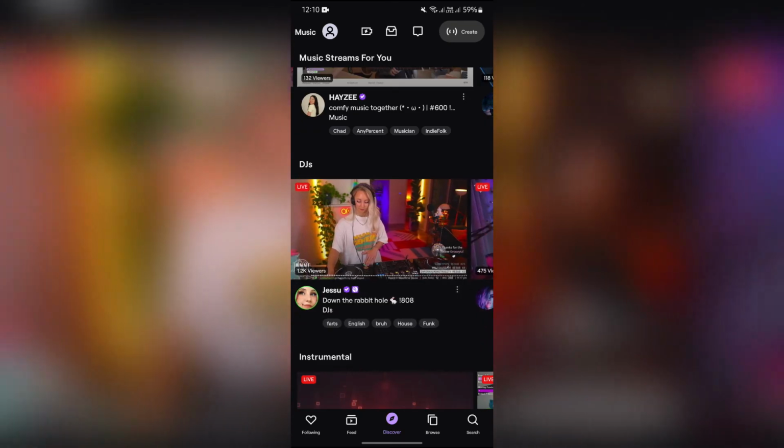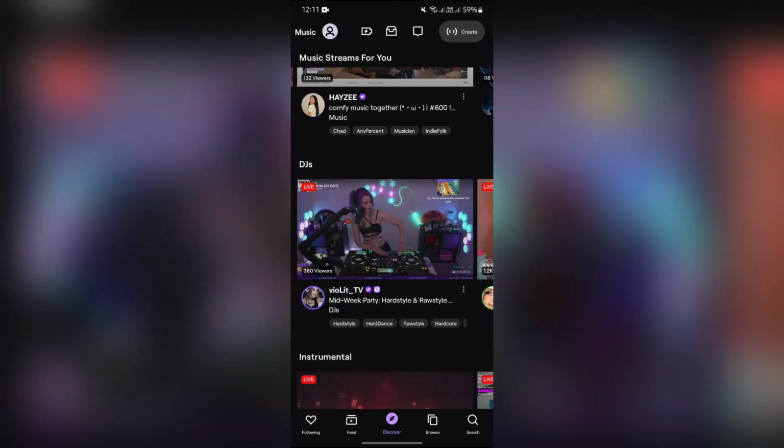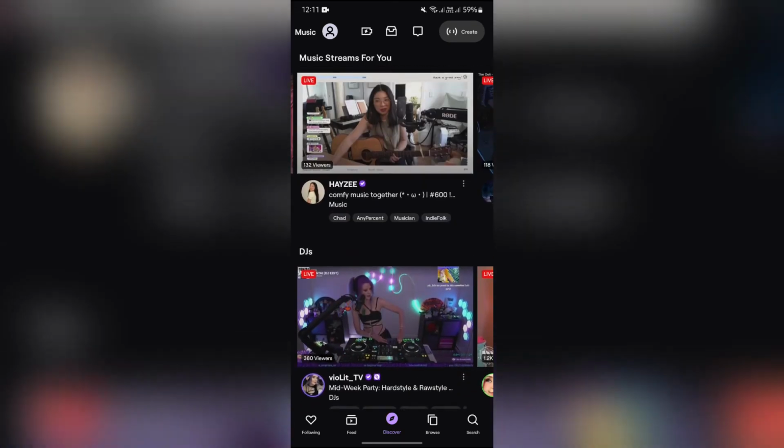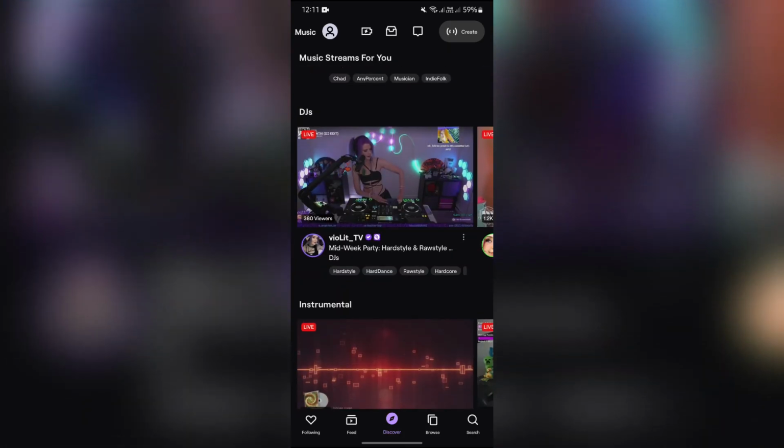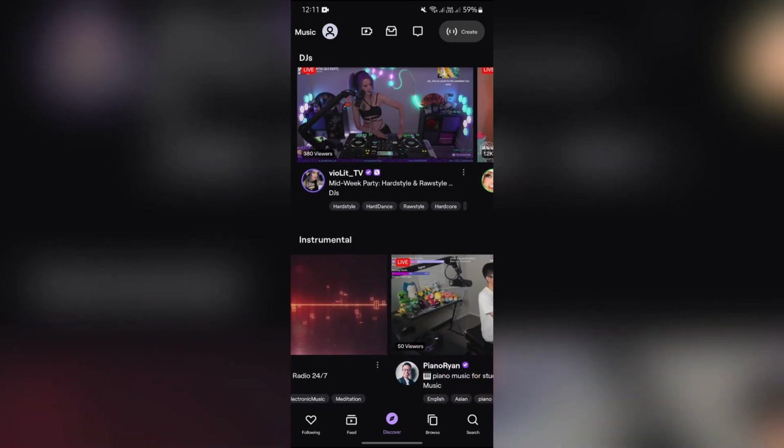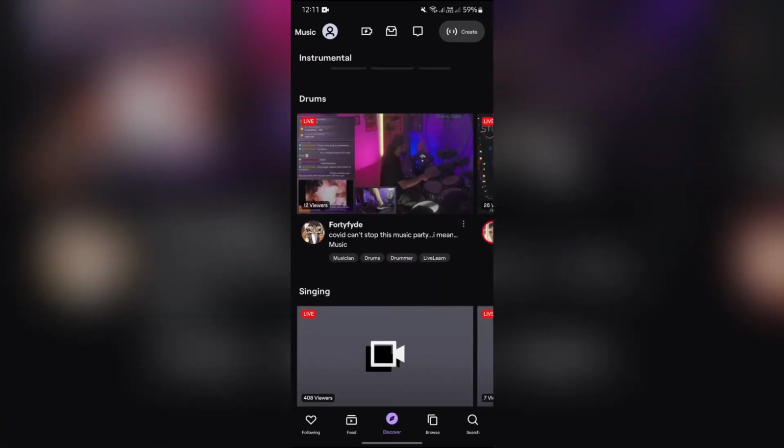You just have to scroll until you see the option that you are searching for. You can also filter in this section. As you can see here, this is the DJ section, and then this is instrumental, and similarly there are drums, singing